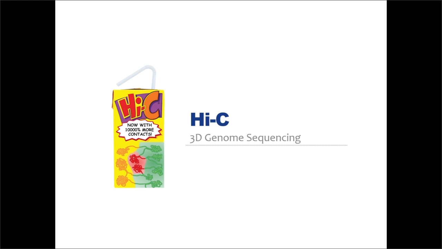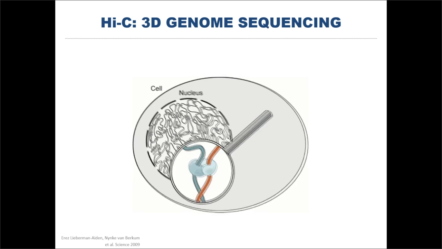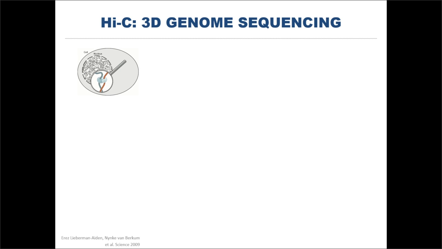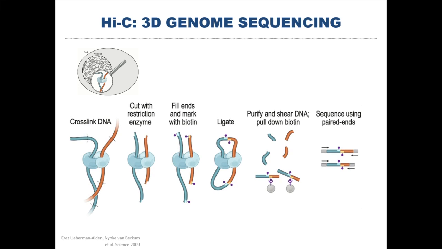It's called Hi-C. And the basic idea is we take the genome, we freeze it, we basically glue it together, we cut it into millions of pieces, and we mark the free ends of the fragments, and then we connect them so that we can pull down these chimeric molecules that represent 2 pieces of DNA that were close together in space. And if you just look at one of these snapshots, it doesn't really tell you very much. But if you look at millions or billions of these, you can start to put together a map of the